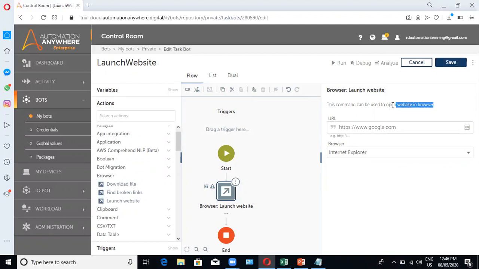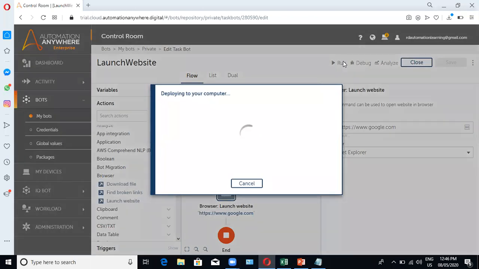See over here, it is written also: this command can be used to open a website in a browser. These are the various browsers which you can use. For now, let us save it to launch our website in the Internet Explorer browser. Let me run this.